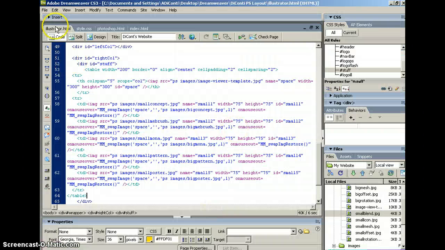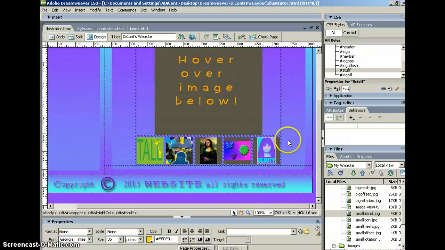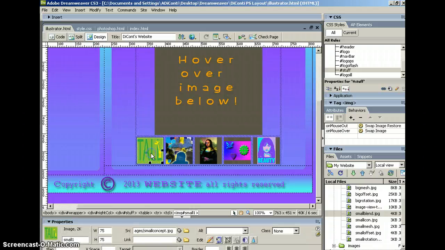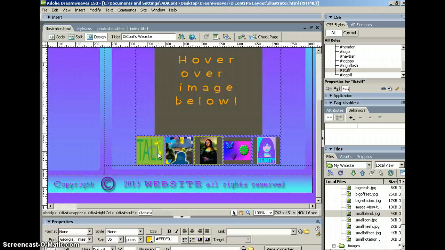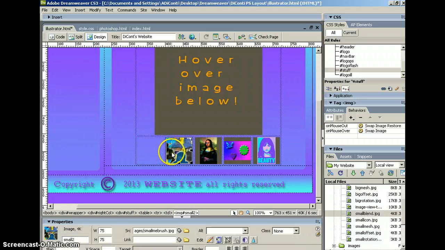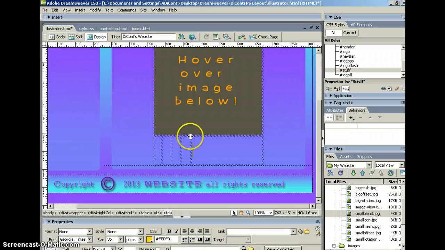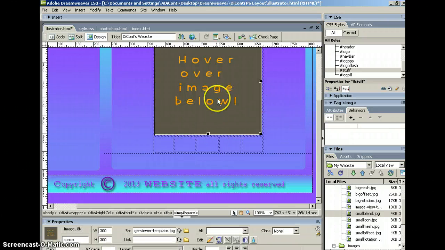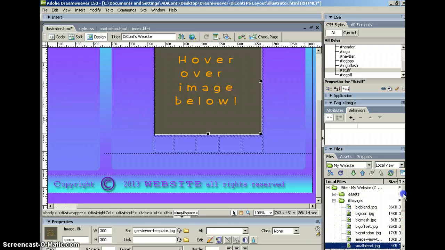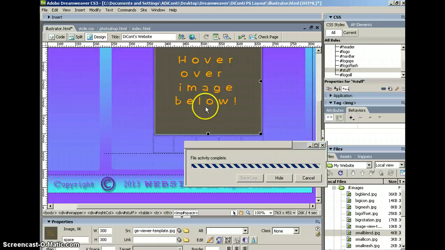So I'm going to go back into Dreamweaver. And I don't want to swap it out in the code view, so I got to go in here. That's what makes this so easy. So I'm just going to click, and I'm going to shift click. They won't let me shift click, so I'm just going to delete, and it's all just going to sort of collapse. But now I could keep this, but I want to use my other one because I actually